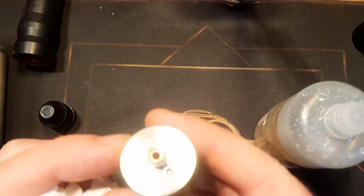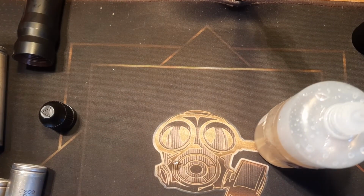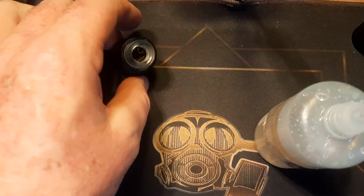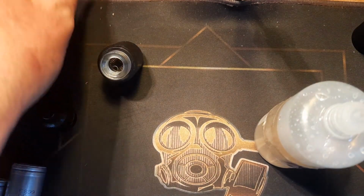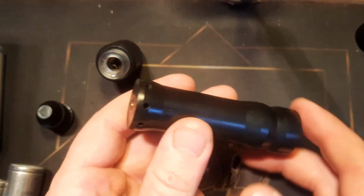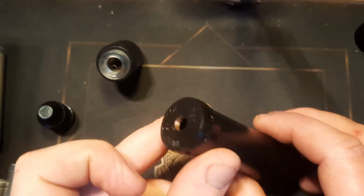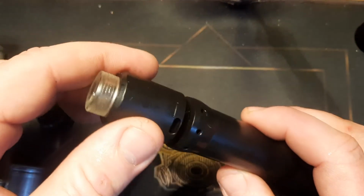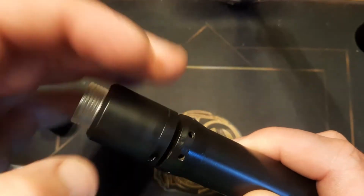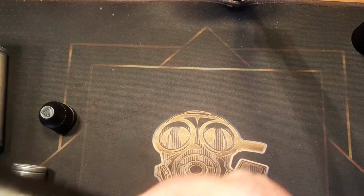I'll show you underneath. Once again, there's the copper pin. Let's clean up any spills. Stick that off to the side for 2 seconds. Right, here's the original tube part. I've removed the button. Everything's rip raw and ready to go. So we want to screw our RDA on first. Then we want to